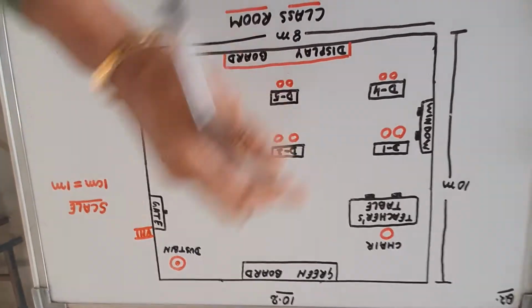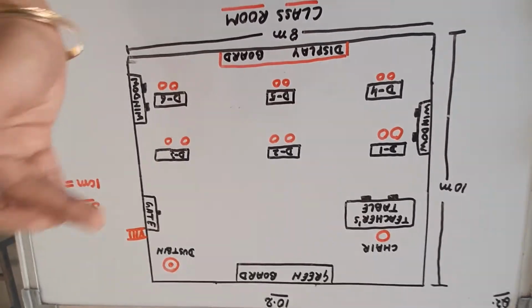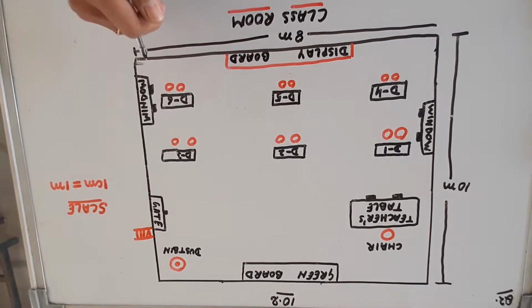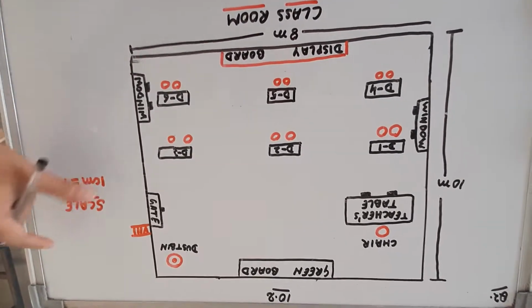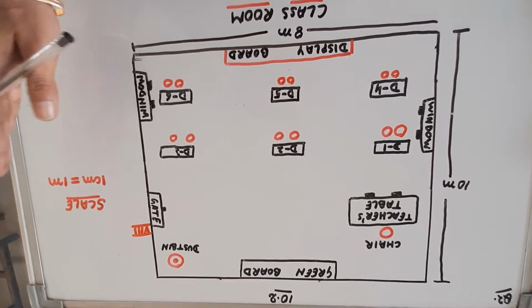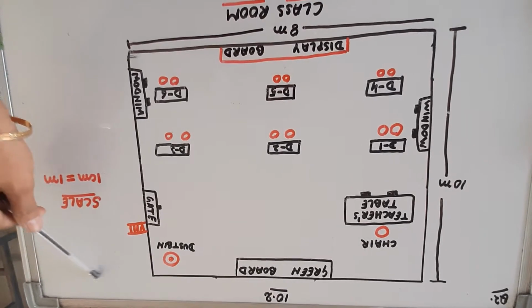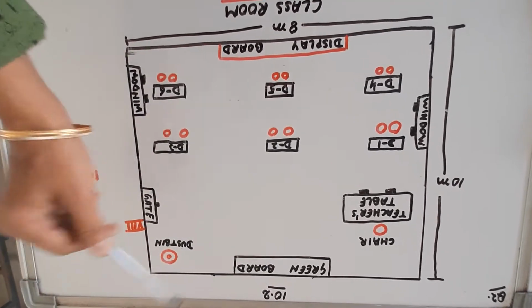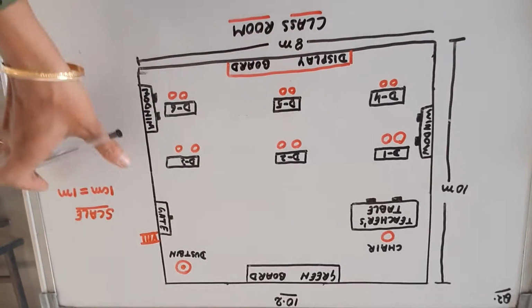You have to make this map on the left hand side, that is the white side of your practical notebook, right? And you have to write the scale on the right hand side of your practical notebook, and on the right hand side and left hand side write down the questions also. Now how to represent the symbols on the right hand side? Let me show you.